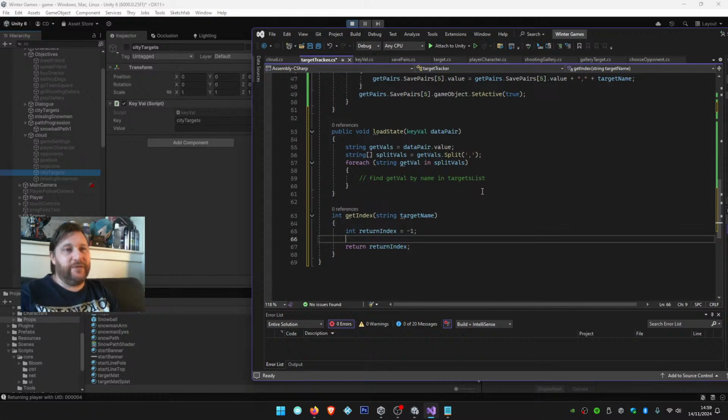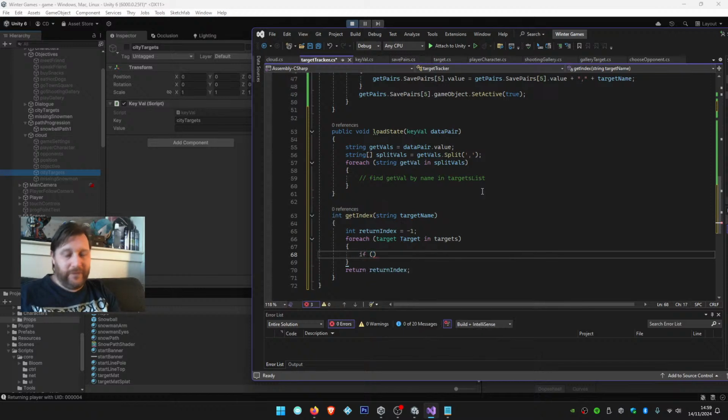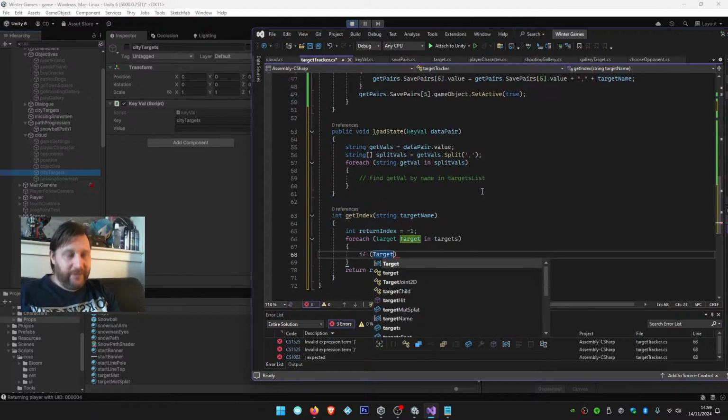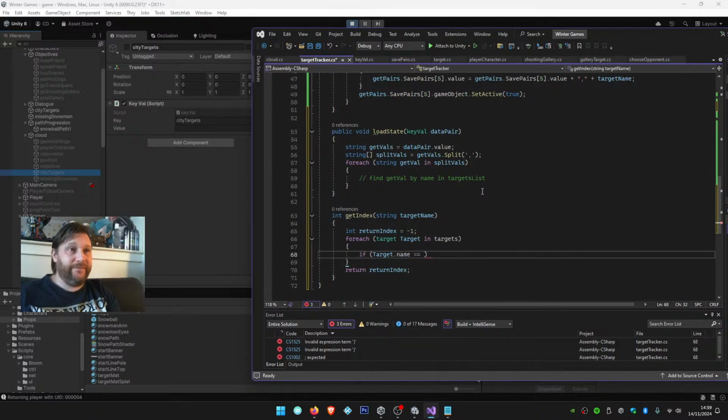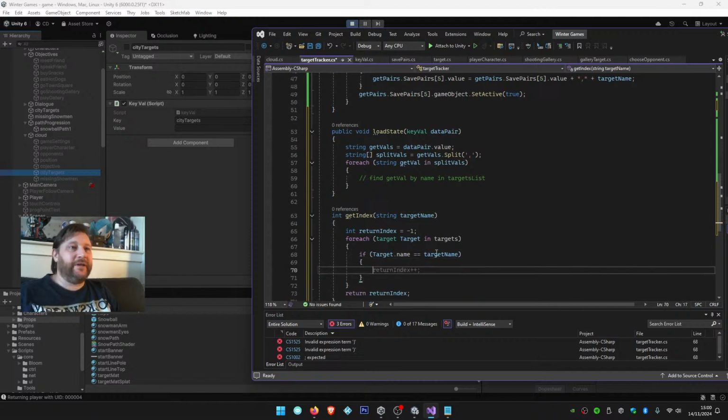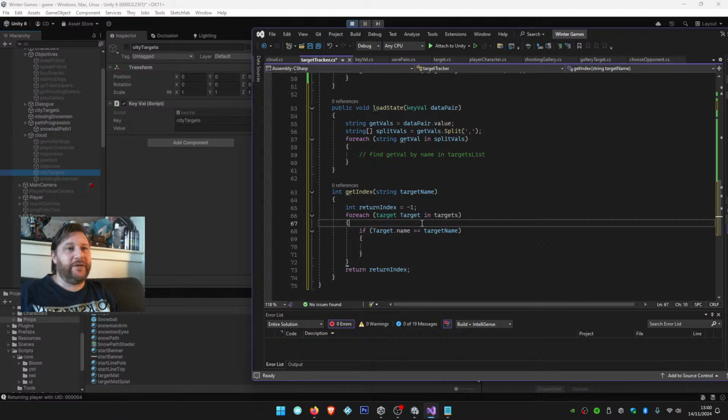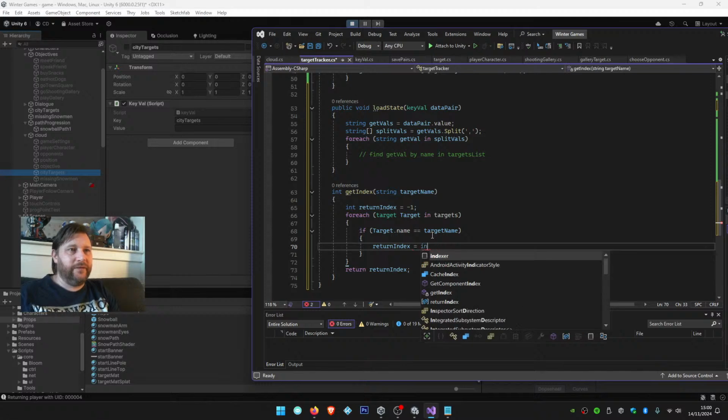All right, then what we want to say is for each target in targets, if target dot name is target name, then we know we found the correct index, but we don't know what the index is right now because we're not counting any indexes. We could say return index equals index of, hang on,